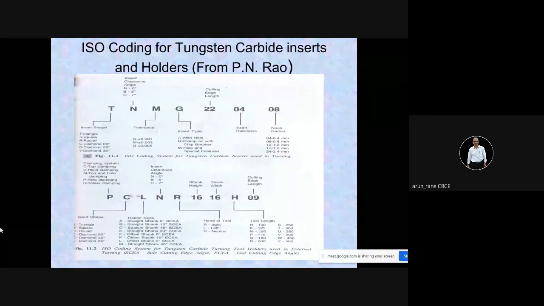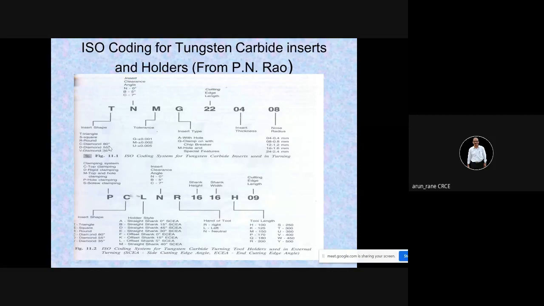There are different insert shapes like triangular, square, round, diamond. Again, diamond means there will be 4 cutting edges from the top and 4 cutting edges from the bottom. So altogether 8 cutting edges. So in diamond you have C shape, that is 80 degree. You have D shape, that is 55 degree, and again you have B shape, that is 35 degree.